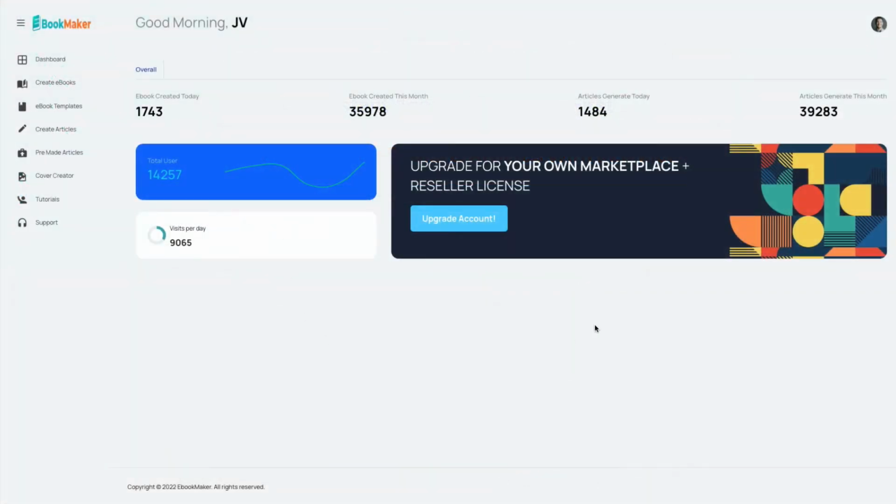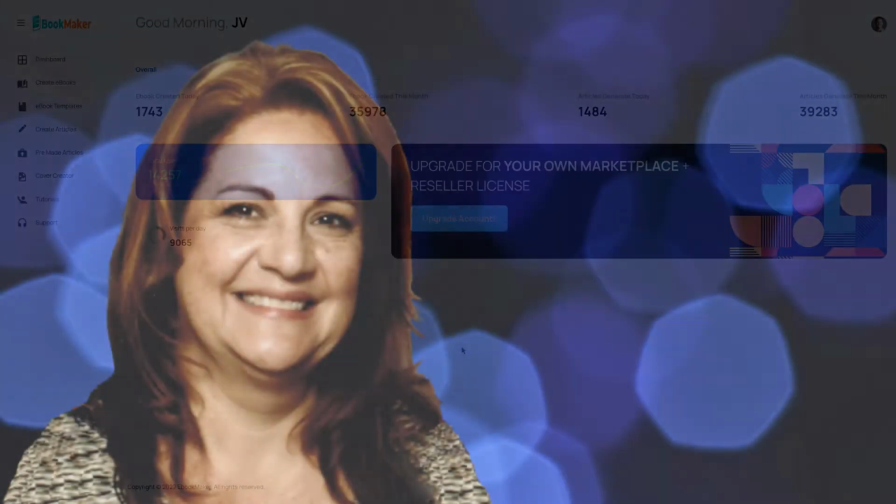I'd like to take you inside the app to show you how it works, and then share the pros and cons before giving you my recommendation. So stay with me because there's some very important information that I need to tell you before you even consider